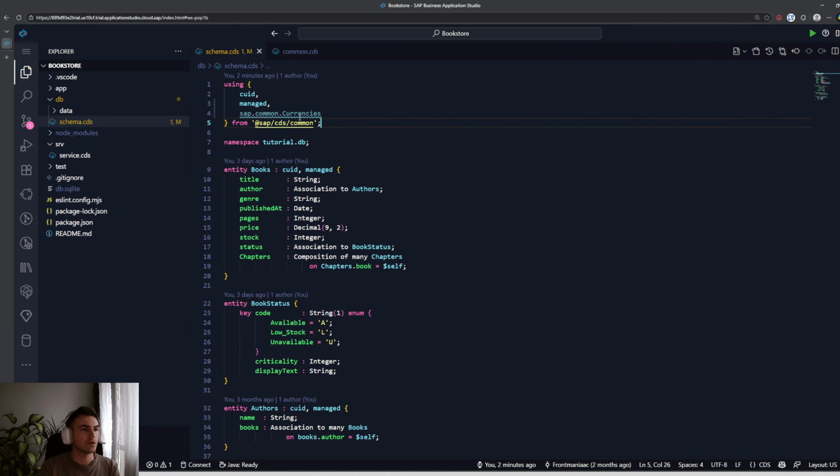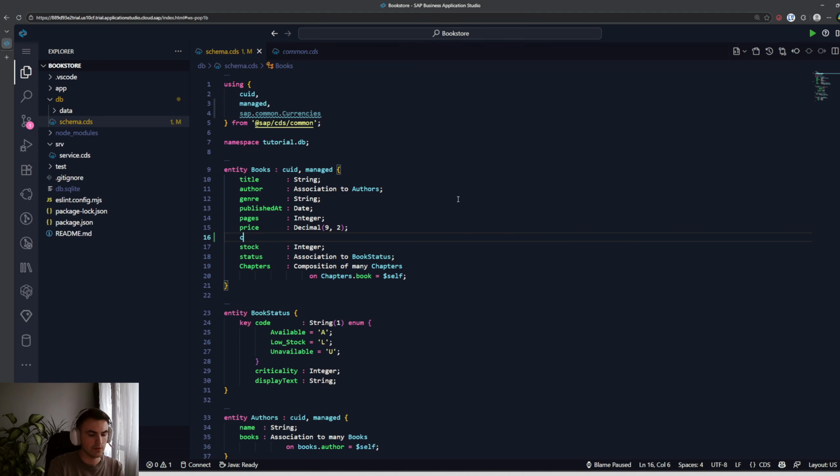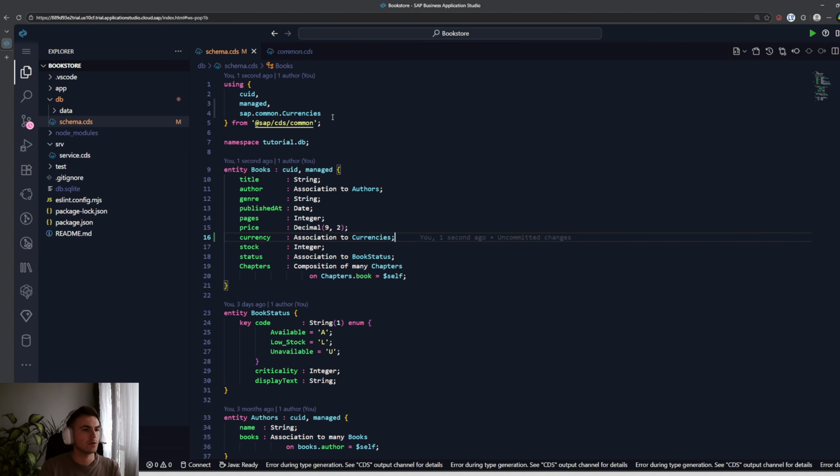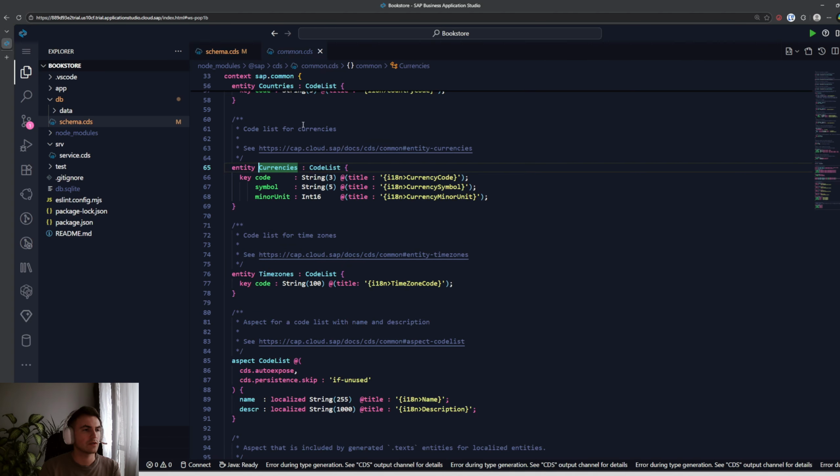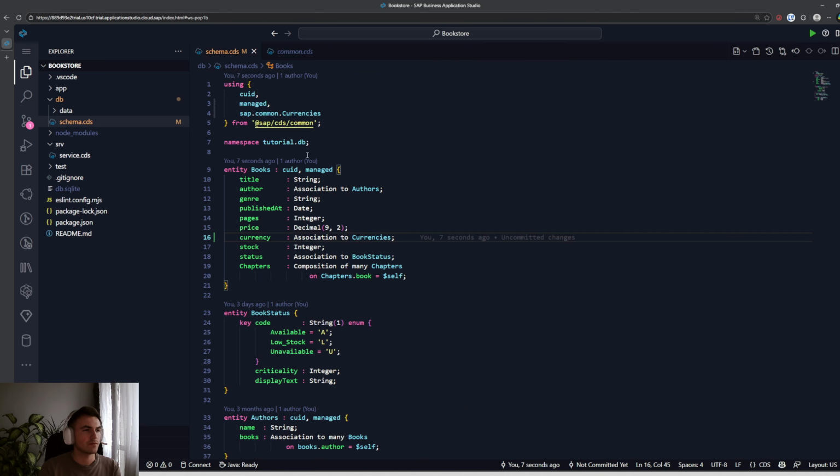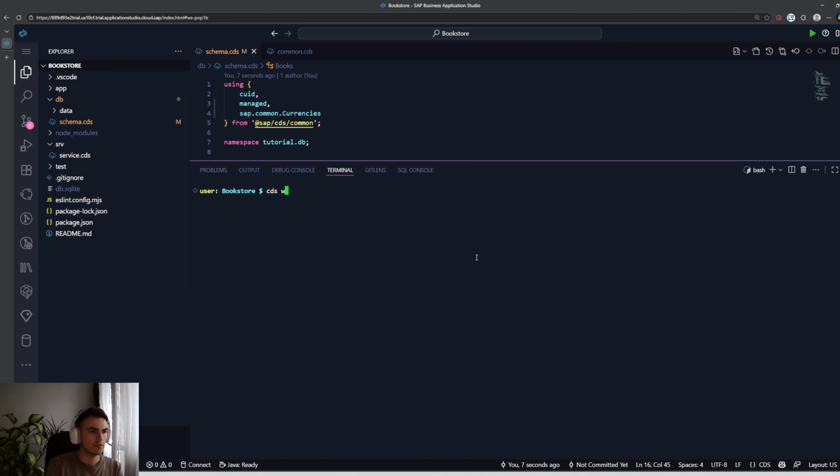Okay, so we are importing it, but we're not using it yet. So let's do it with currency association to... we can actually do an alias, because usually you would do sap dot, or can I do just currencies? Oh, I can do currencies, never mind. Okay, so we are importing currencies. If I click on it, you can see it takes me again to this SAP common package. All right, so we have imported that, and we could actually start the server, cds watch,